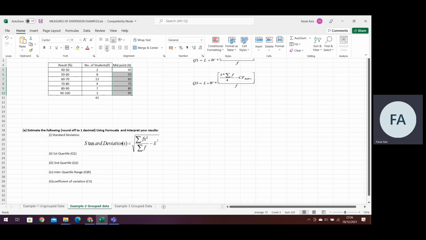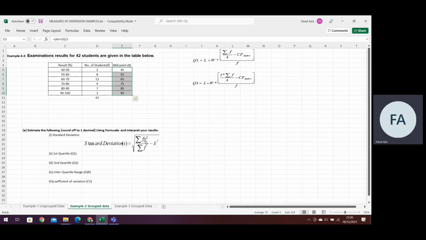Okay, but we need to fulfill the requirement of this formula. So as you can see that frequency is multiplying with x square. So I'm having simple x only. So I need to calculate x square. So this variable I'll have to calculate. I'm just going to put it this way, x square. So how to calculate this x square? Very simple.